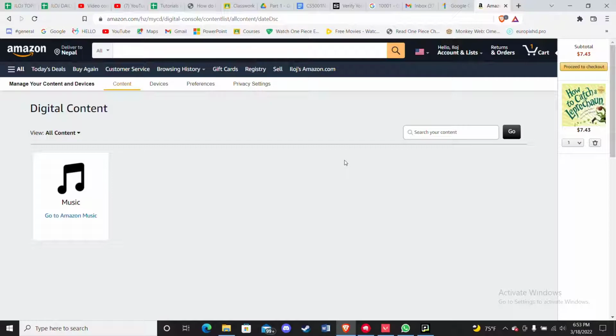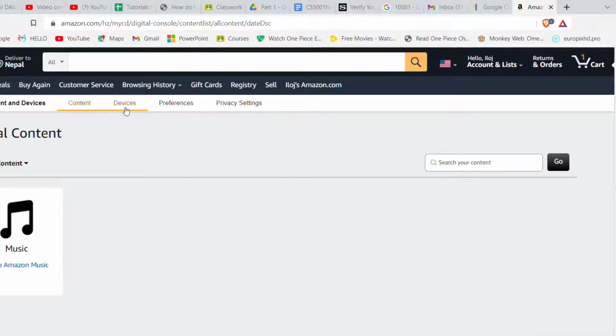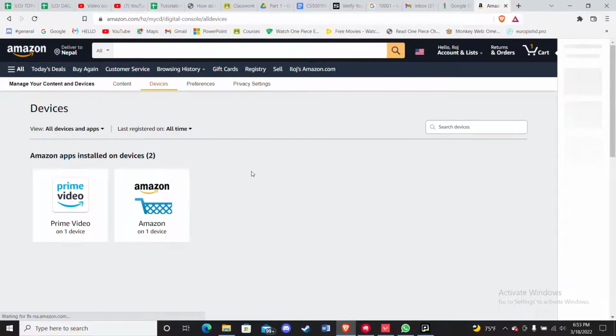Now to view the devices which have logged into your Amazon account, click on this Devices option on the top menu of your screen. Once you click on the devices option, the devices where your Amazon accounts have been used will be shown. Now to remove a device, click on one of these options or the devices that have been